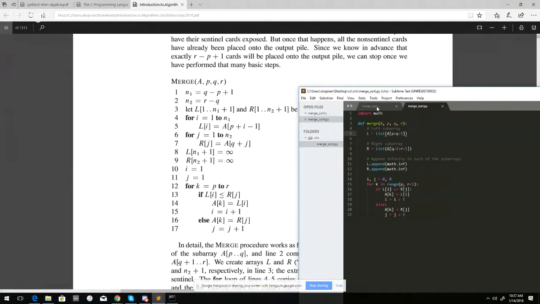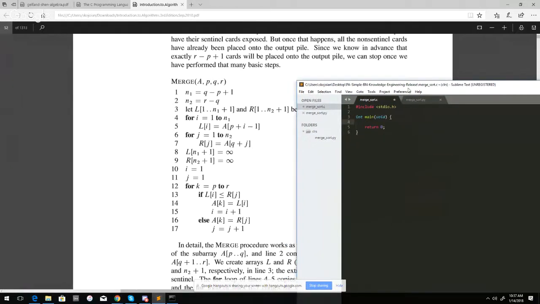Okay, so let's go here. This is going to be the same function, but in C. Now, one thing we're going to do, well, first let's define our function. What does our function do? Our function does not return anything. It's called merge. It takes in an integer array,